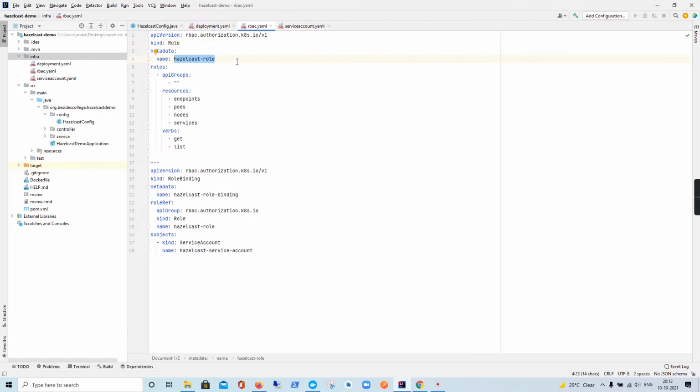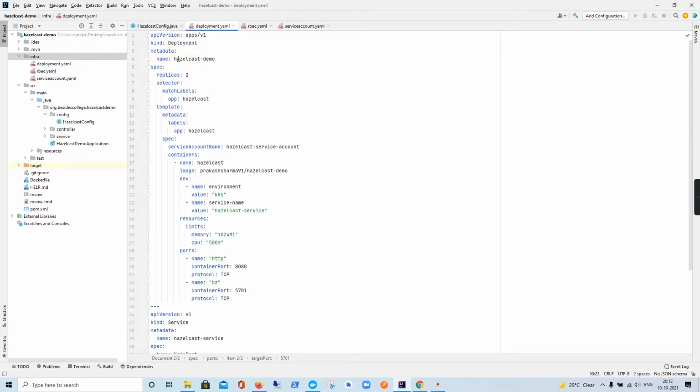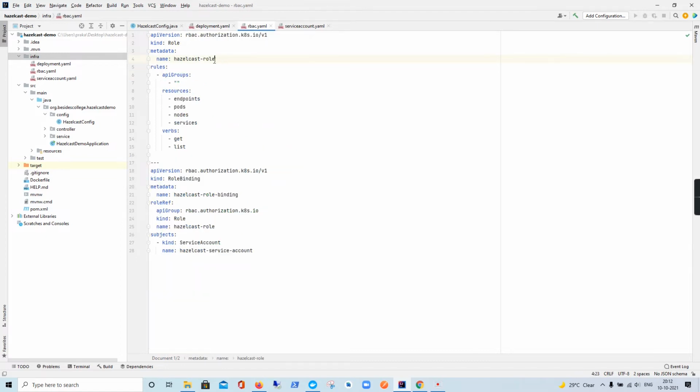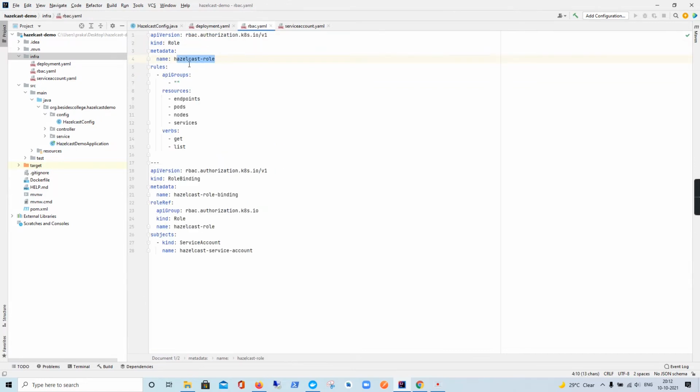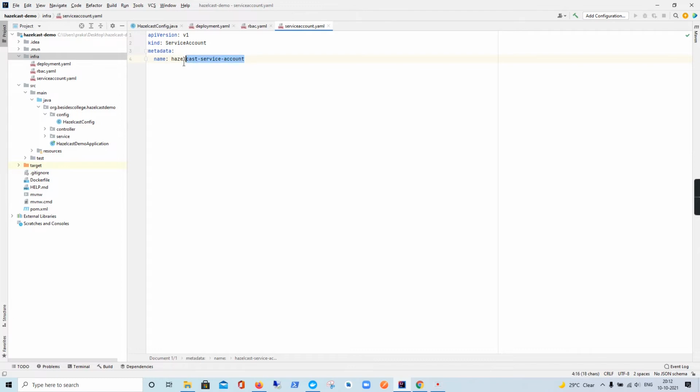Now the role cannot be directly assigned to a deployment. The deployment is basically the deployment of our application where we can mention how many replicas, what image, and all other stuff. So a role cannot be directly connected to a deployment. Hence, this role is connected to a service account.